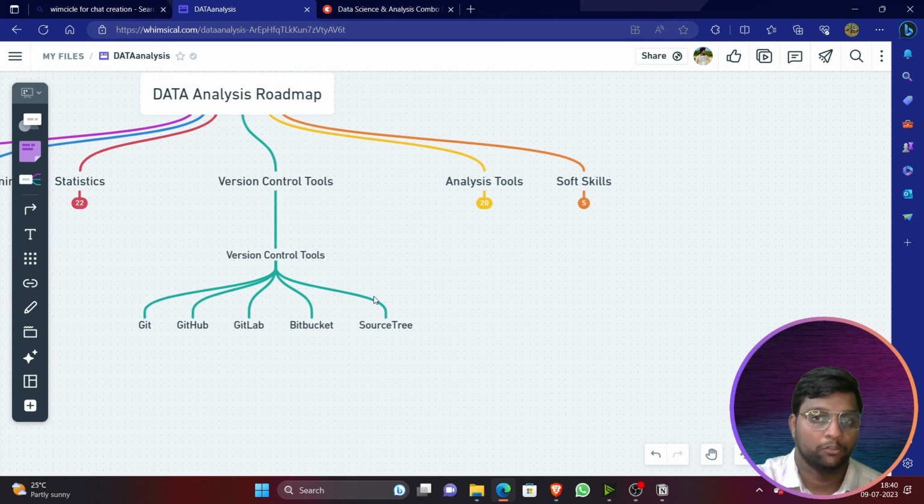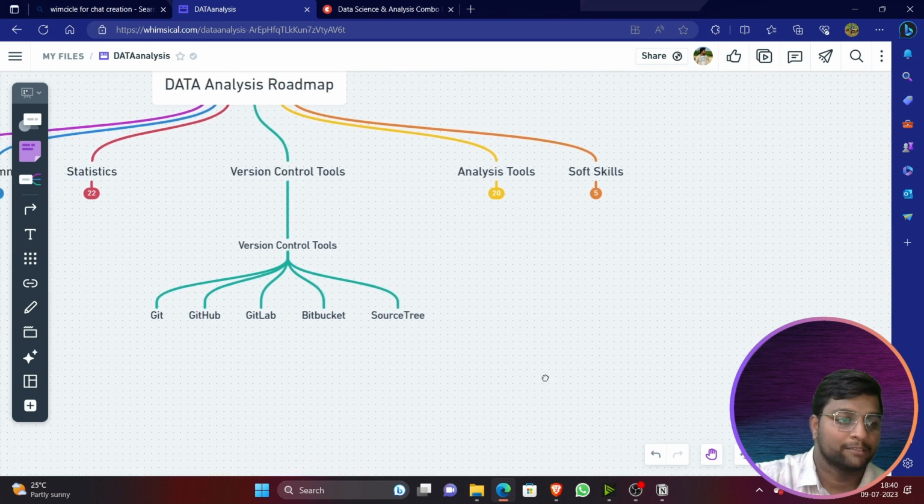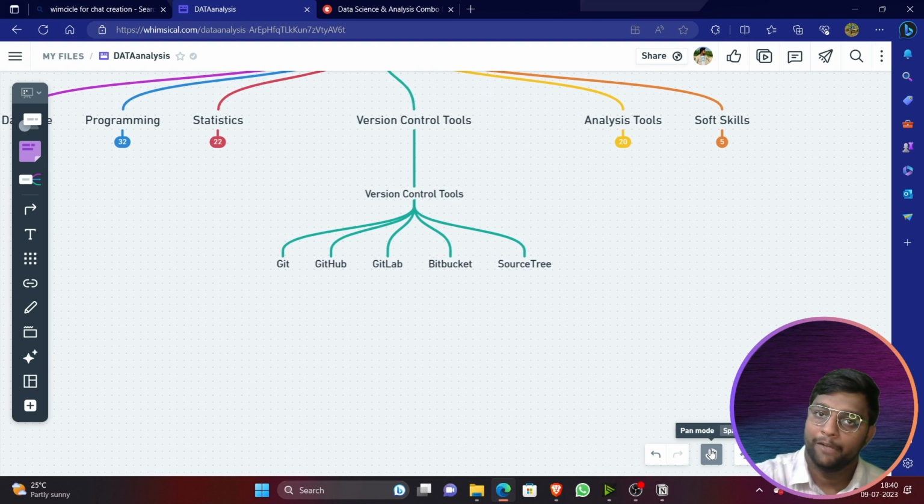They should definitely know about version control tools, which is nothing but Git, GitHub, GitLab, Bitbucket, and SourceTree. But in this, the two main famous ones are Git and GitHub. They should definitely know about them. Many interviewers will definitely ask questions about Git and GitHub. If you know about them, you can easily answer and you can easily get the job.